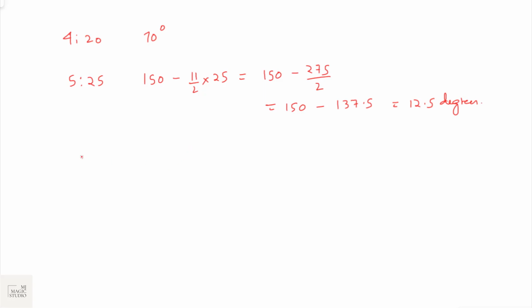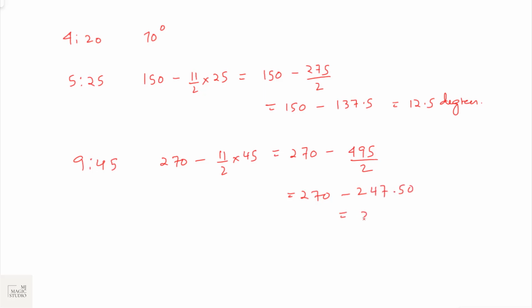Let's take up one more example. 9:45. 9 into 30 is 270, minus 11 by 2 into 45. That will give 270 minus 495 by 2. That is 270 minus 247.5. So 22.5 degrees. Now, why I have taken these three types of examples, just to show you something, that whenever